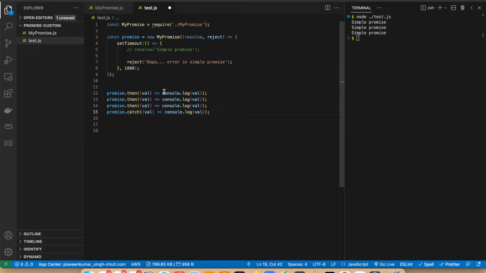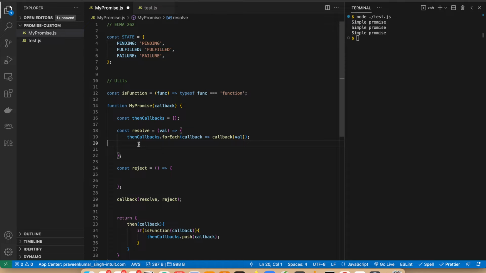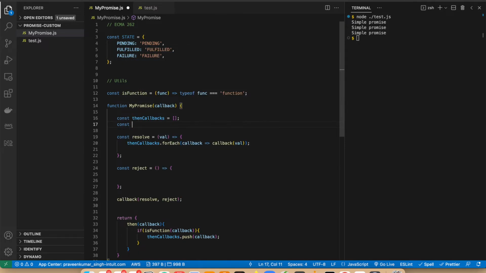But the way the promise works is, if the failure happened in the promise, then the successful callbacks, or the fulfilled callbacks, don't get called. It just short circuits directly to the catch block. So let's try to implement that part in our code. Basically, in case it is a success case, I just want to call our then callbacks, otherwise I want to call my reject callback, right? So let's first create that method,